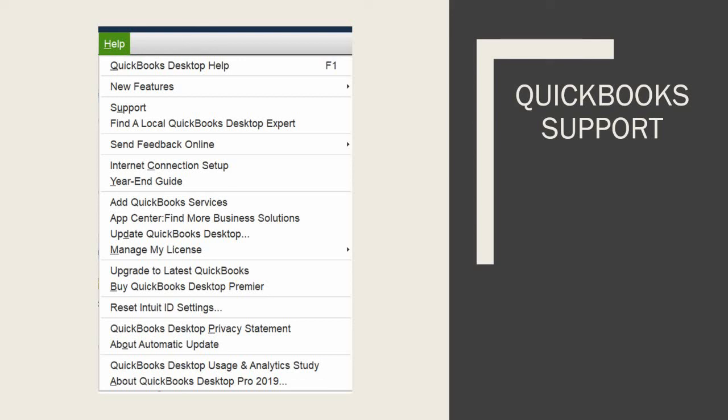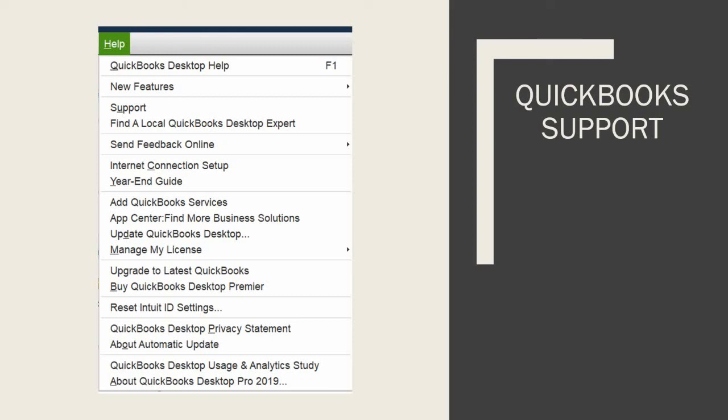This section is also where you can update and upgrade your software. So update: if you find an issue or a problem or a bug in your program, in most cases, if you update your QuickBooks to the latest release, that could resolve the issue. But if you don't have enough space or your transactions are just becoming too much, you can also consider upgrading your QuickBooks to another software or a later software or